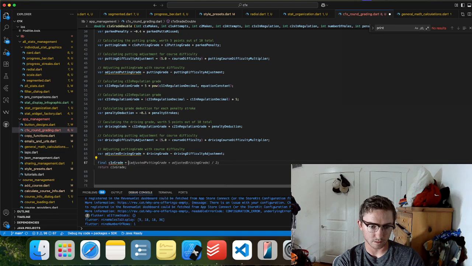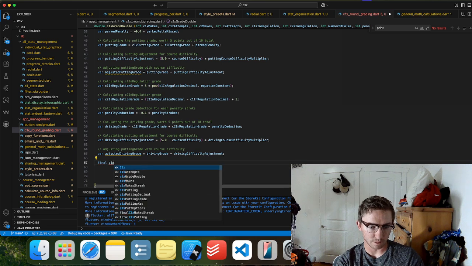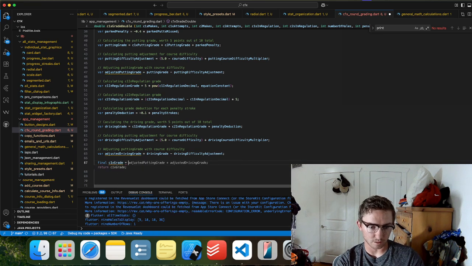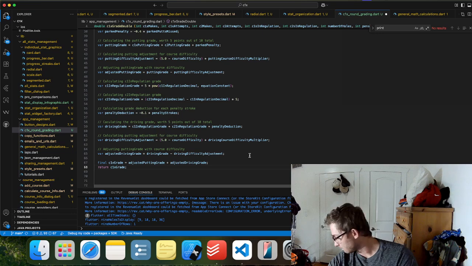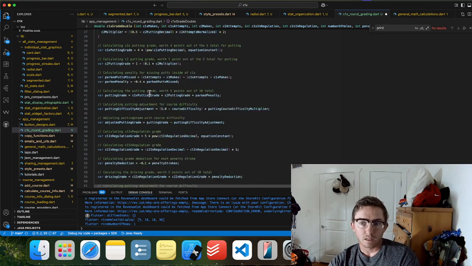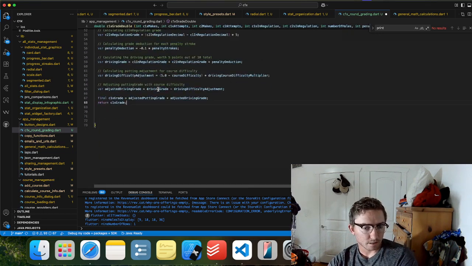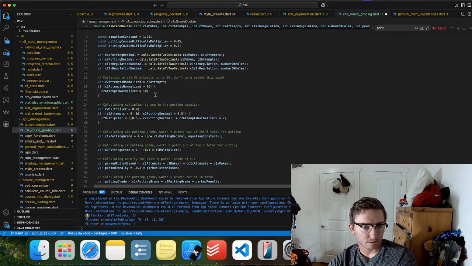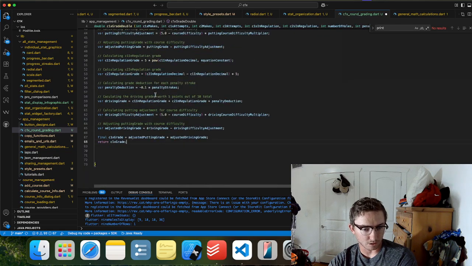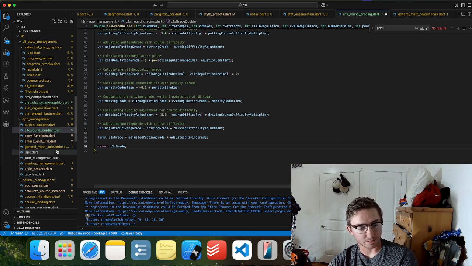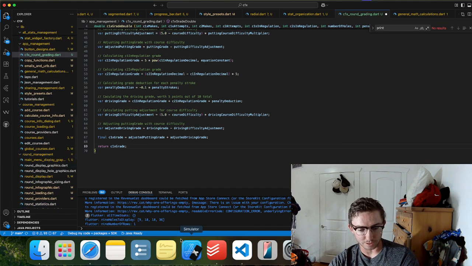C1x grade is equal to adjusted putting grade plus adjusted driving grade. Okay, I think this is going to be a start. And now how I want to test this is we're just going to add a